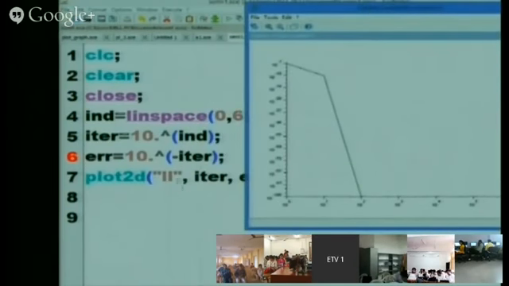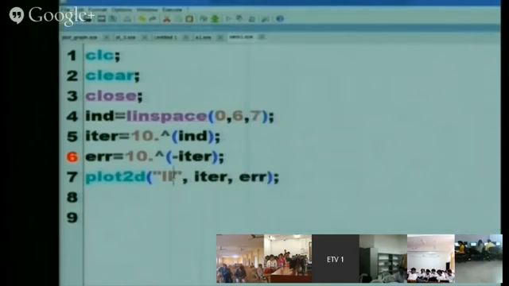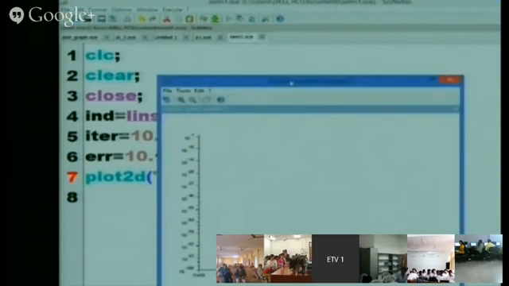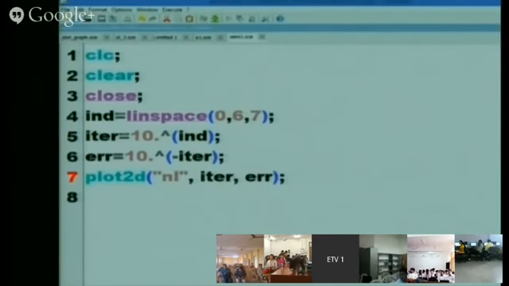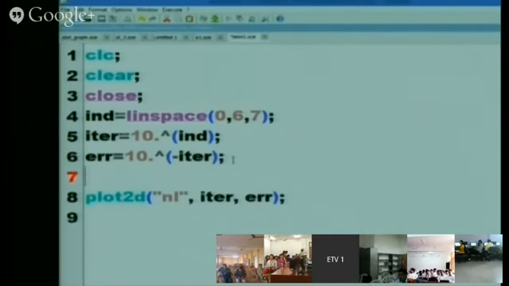So here what I am getting, this is the double log graph. If I am using here NL, some error is there. So likewise you can use log and semi-log graphs.